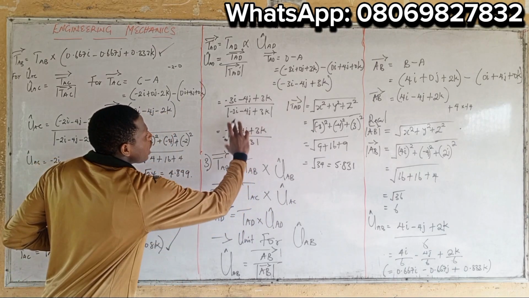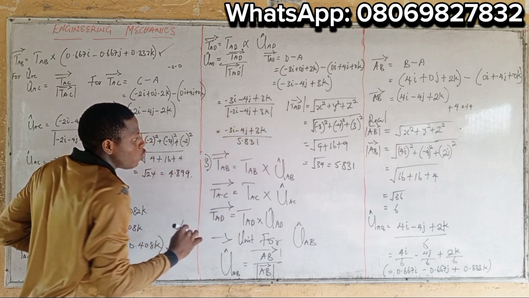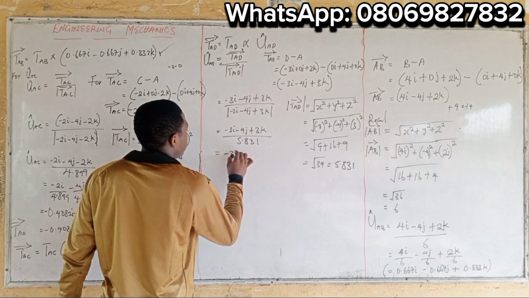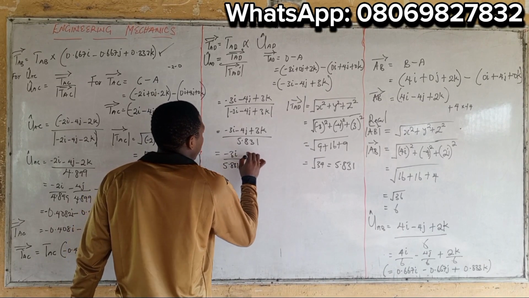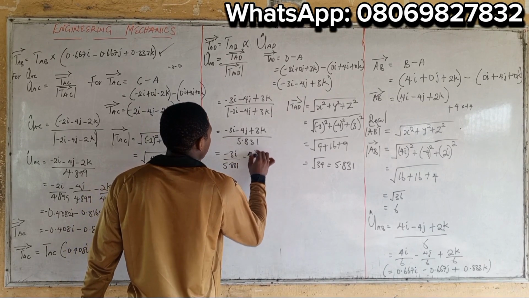So if you do this, you can still simplify what we have here to be minus 3i divided by 5.831, minus 4j divided by